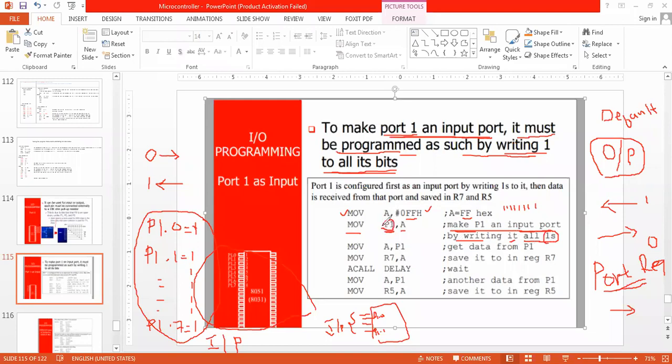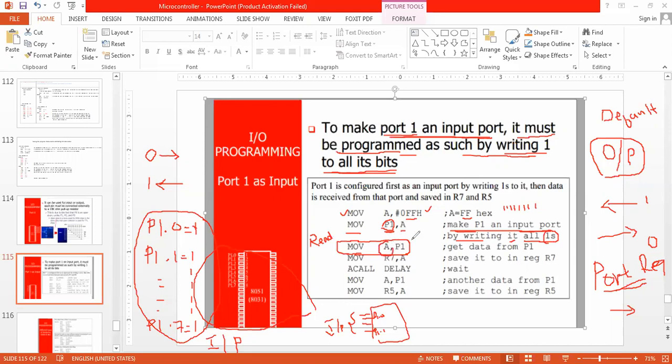So if it is input, I will get the data from the P1 port. That is why I am now reading the value of P1, but into the A register.